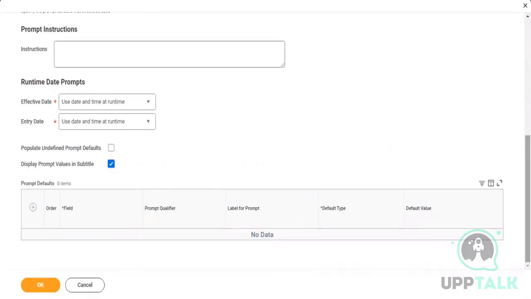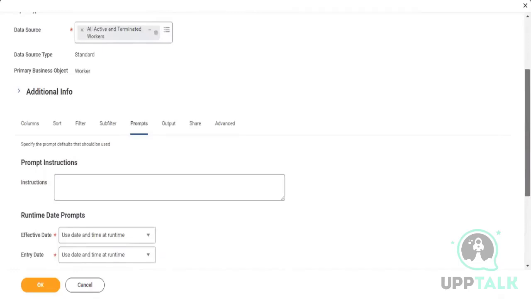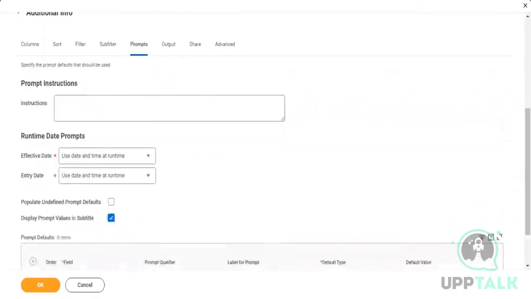Now let's say your organization headcount is around 10,000, and you're creating a report. When you want to test whether the report is returning accurate data, you won't test for a huge number of employees, because you won't be able to validate. First, you'll test for limited employees to see whether all the data is populating in your sandbox tenant. If you want to do that level of testing,